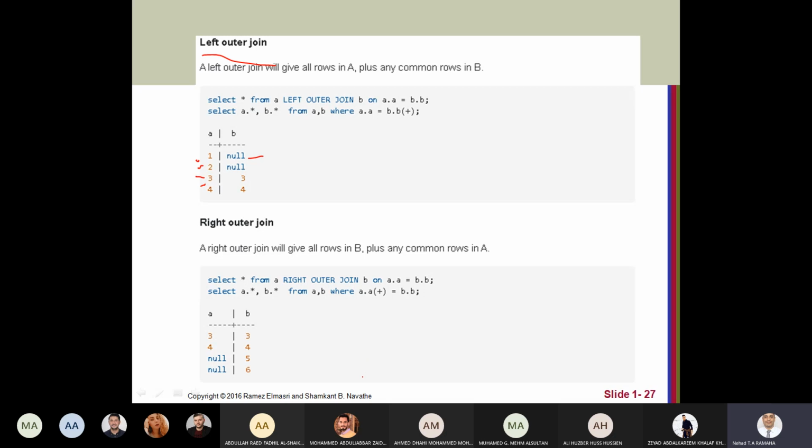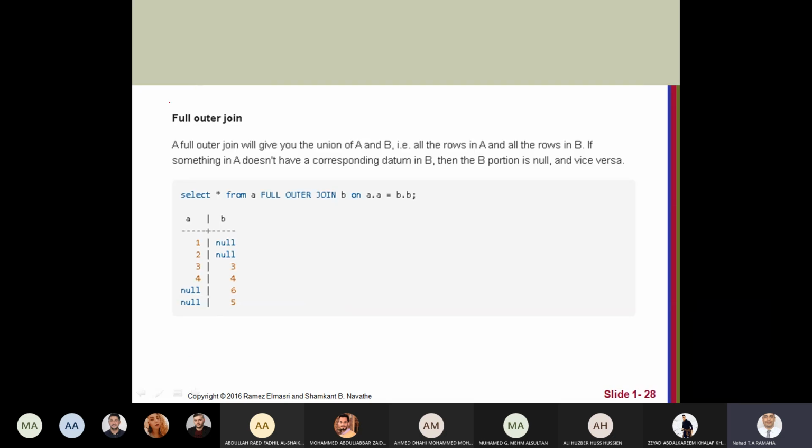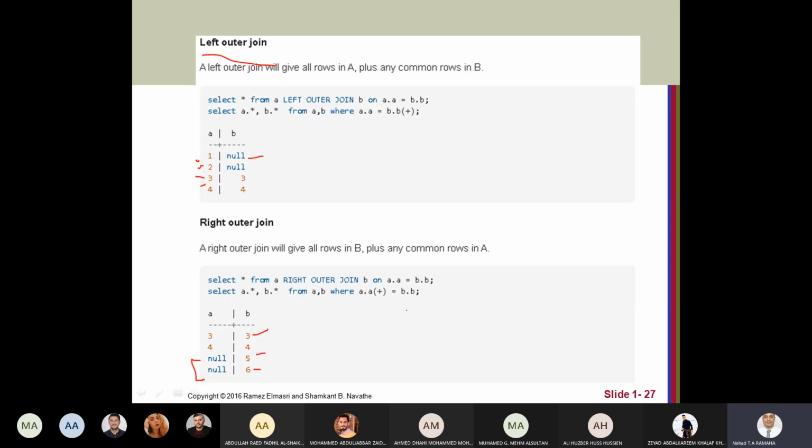For right outer join, we have all the right and null if the left does not exist. For the full outer join, we have all the left, all the right, and if there is no combination between them, we fill the right with null and the left with null.